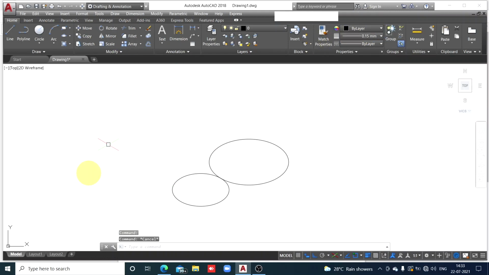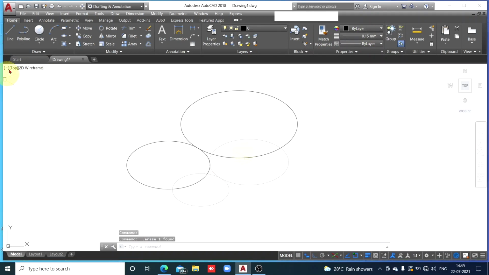I've selected thickness, keep it 0.15 only. Okay. Now how to draw tangent lines, try to understand. Click on the line, specify first point, tan, enter. Now move cursor to the smaller circle, and actually this is not the point tangent, but it is showing that tangent point somewhere here.